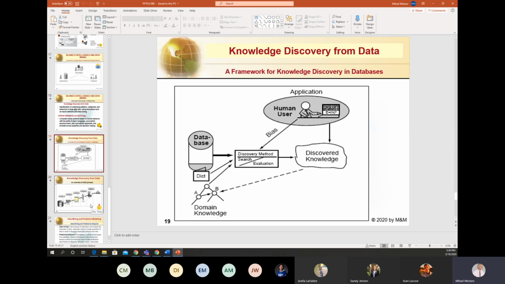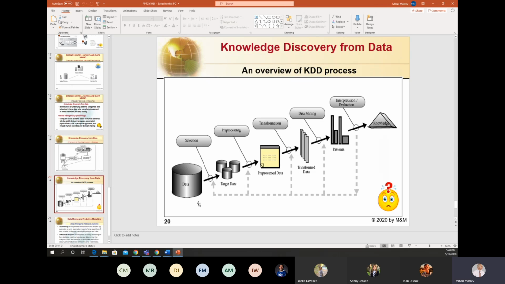Machine learning provided the automated part, and regression and other statistical analysis provided the analytical part.